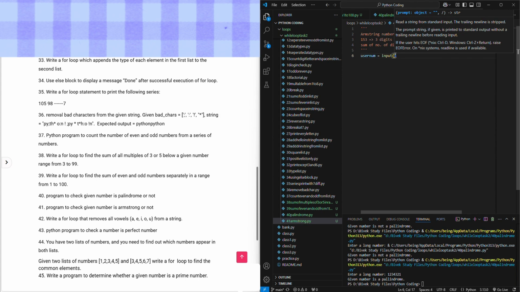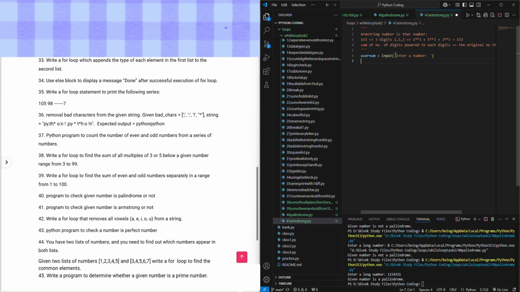Input, enter a number, and for that number we're gonna use the indexing 0, while the indexing is less than length of the number, it will extract each element. And we also need